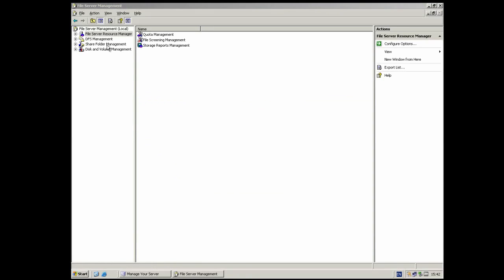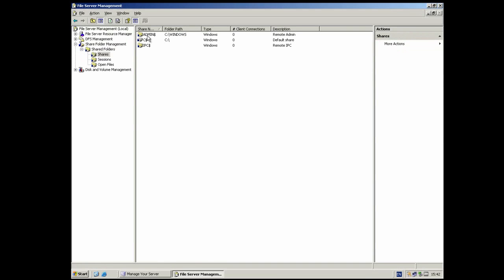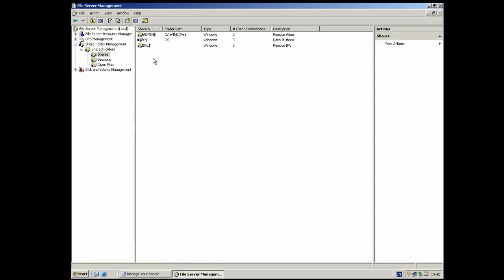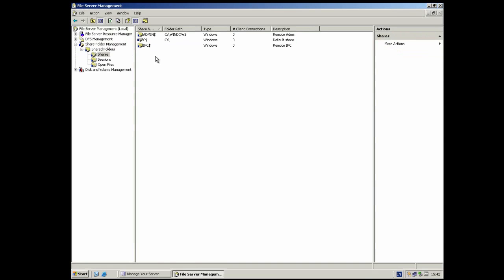So we want to set up a share, don't we? So share folder management, shared folders, shares. Now these are the default that are set up to allow certain things to work within this version of server. So